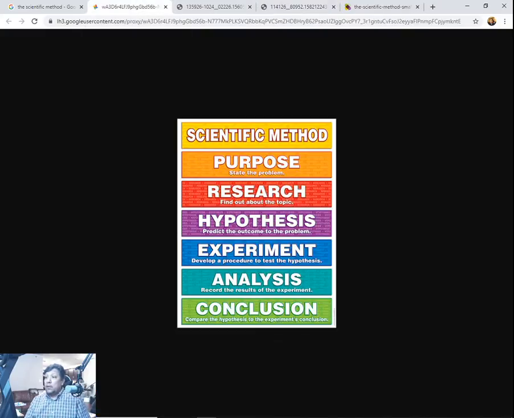So which one's right? In a way, they are all technically right. The whole point of the scientific process or method is to give scientists a list of logical steps on how they're going to develop a theory or develop the specifics of the law of nature or something like that. They want to make sure that there's a logical sequence of events that happens when you're observing the natural world to make some kind of law or theory that is measurable and testable,